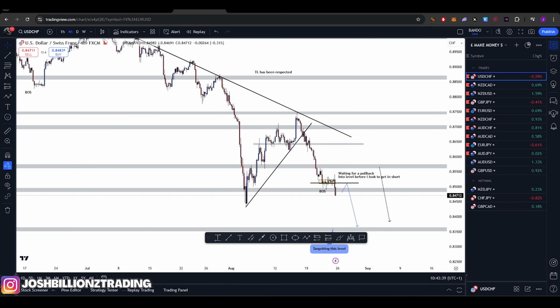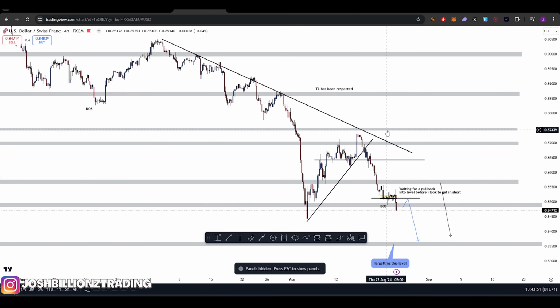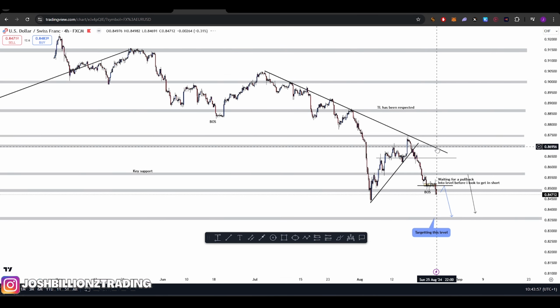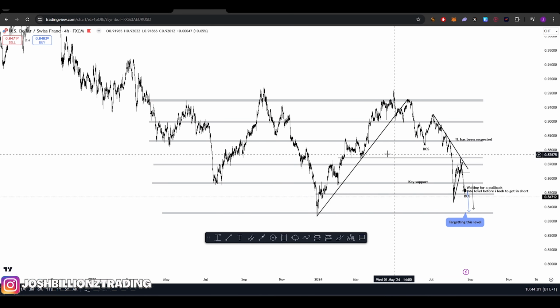My highest time frame is the 4 hour. So I'm gonna start on the 4 hour, show you what I'm looking at on these pairs. And I like my entering on the 1 hour. So yeah, now that you know that, let me just take you through a few of these pairs. So I'm gonna start off with US dollar, Swiss franc. So as you can see, if we just take the zoomed out approach, which I like doing before starting my